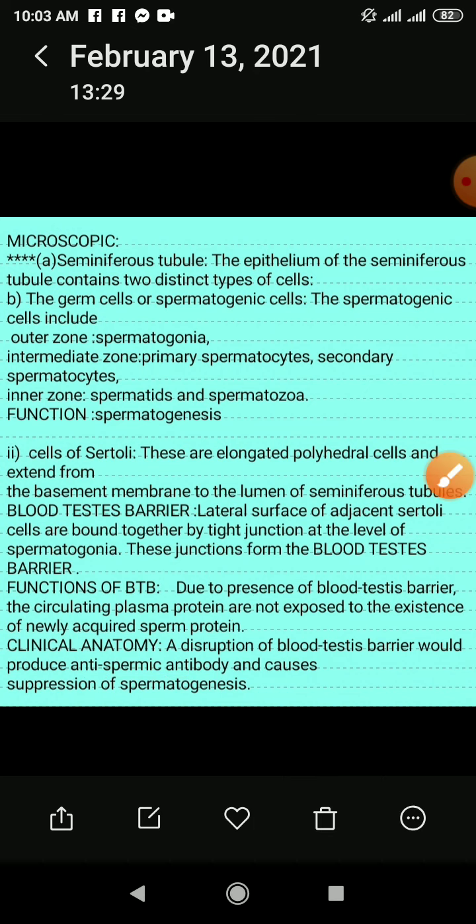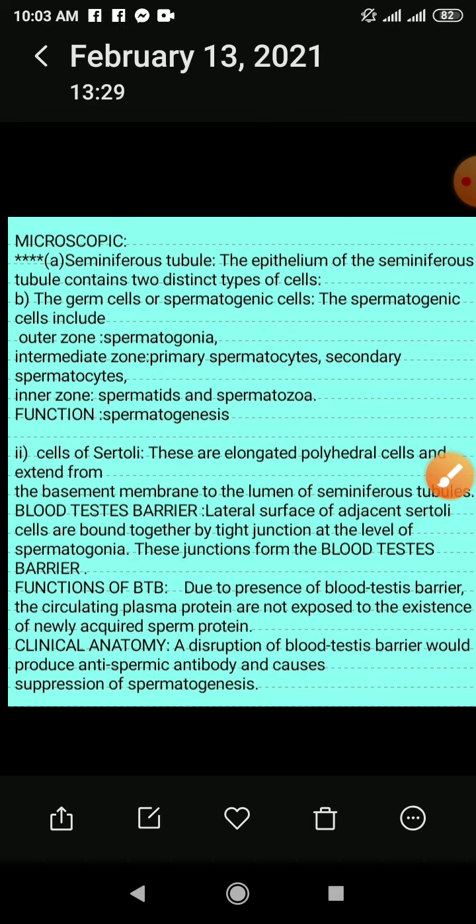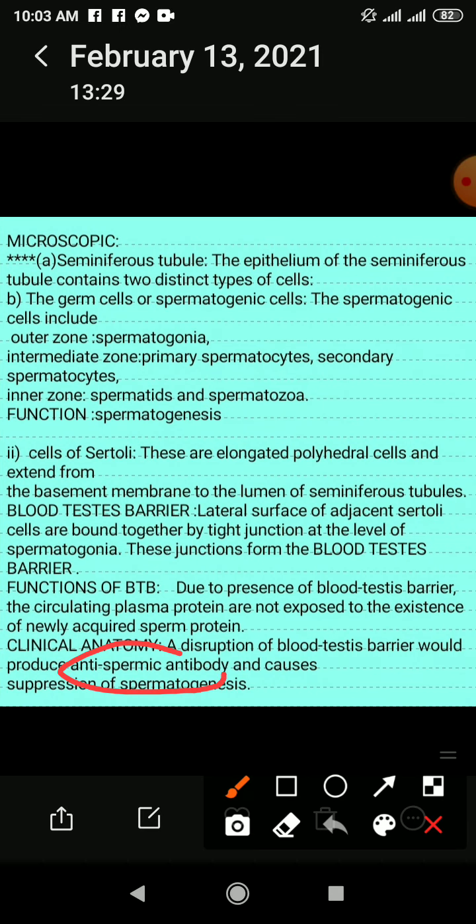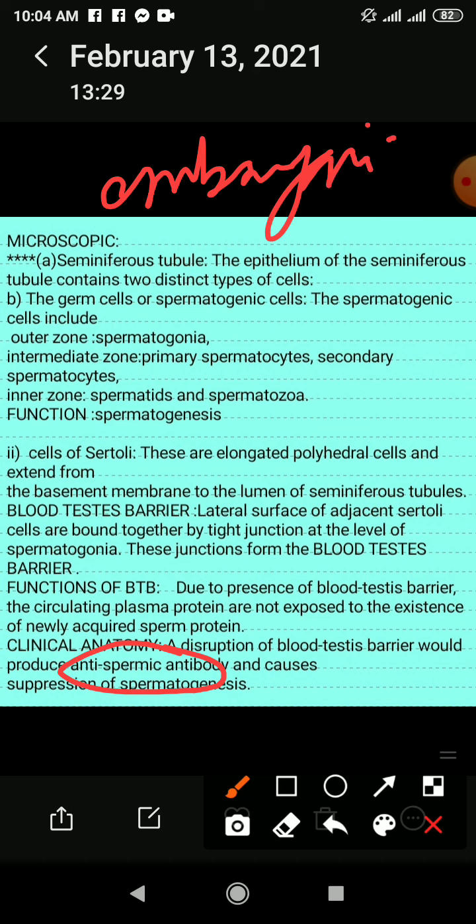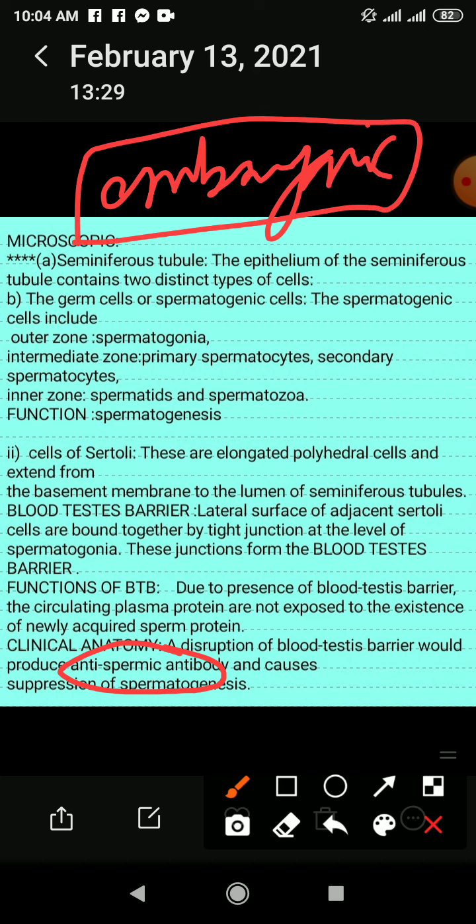So the question may become, why will there be production of anti-spermic antibody? Because the sperm is naturally present in our body. The answer is, in the fetal life or in the embryonic life, whatever is present in our body is considered as self or safe. But anything that is acquired after the birth